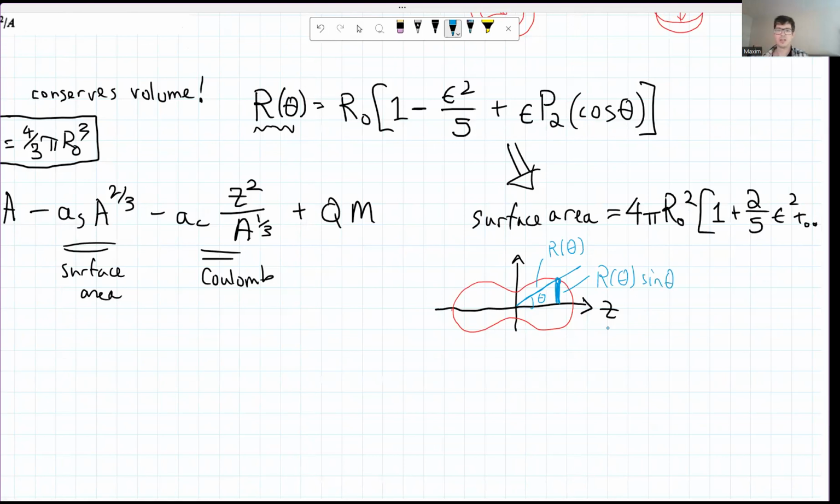Opposite over hypotenuse, you've got a little right triangle. So we can think of this as a solid of revolution. You can imagine rotating this around the z-axis. You can rotate this little bar, and that'll give us a circumference